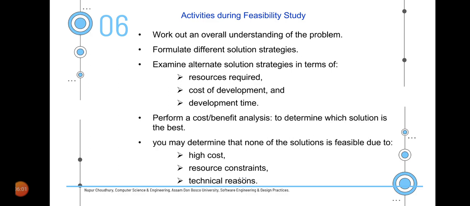Just to summarize, the first thing during feasibility study is to understand the work and the features required. What are the data and how will be the input? What is the processing time and the constraints, etc. Once a rough understanding of the requirements is done, we will find out what are the best ways to solve it, as there can be many alternate solutions. So we will examine the cost implications of different solutions and find out the best solution present.